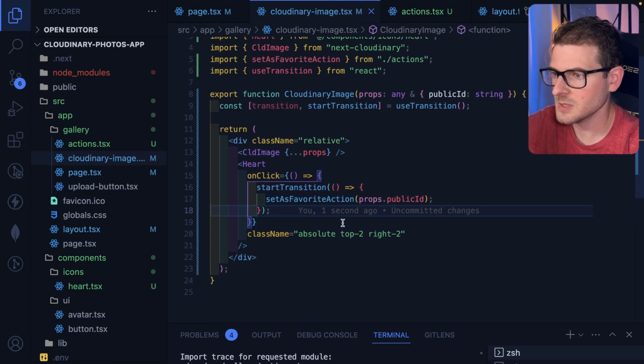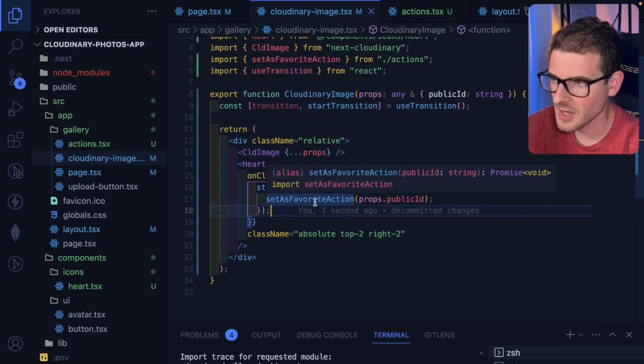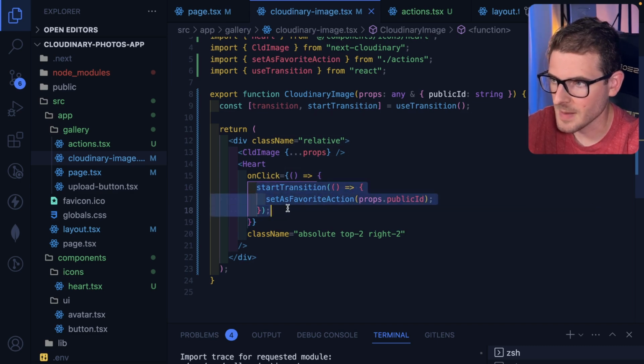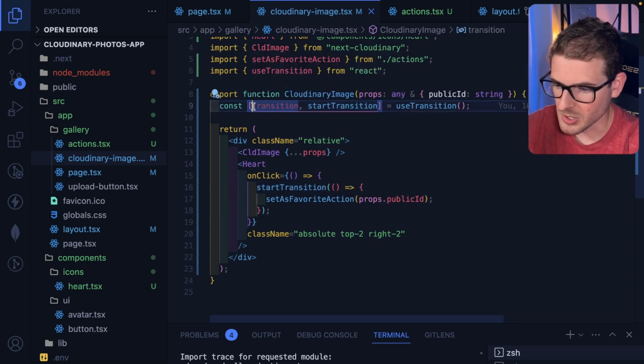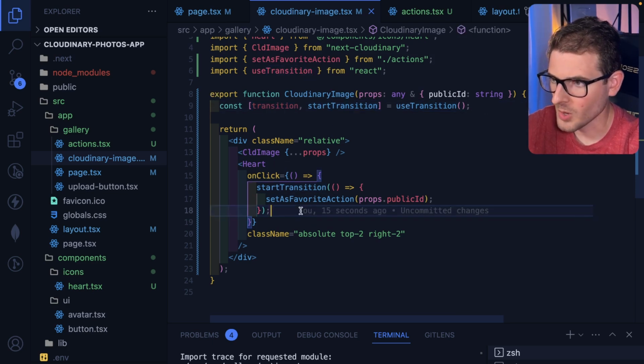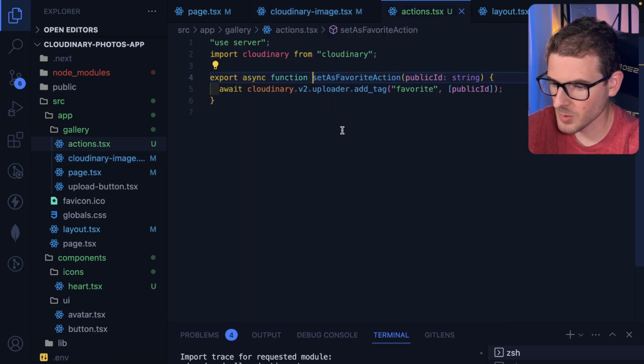Now, the reason we do this is because you can have blocking logic, and Next recommends that you always wrap this stuff in a transition. And if you wanted to show like a spinner or loader while this thing is doing its work, you would probably do that. Okay, so we're going to call set as favorite action, but we're also going to call